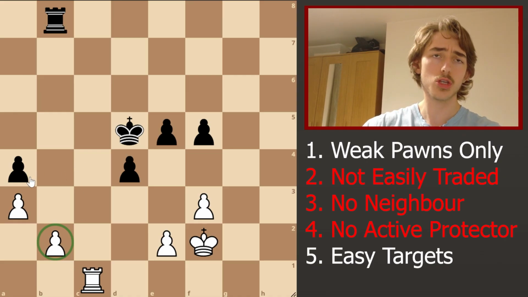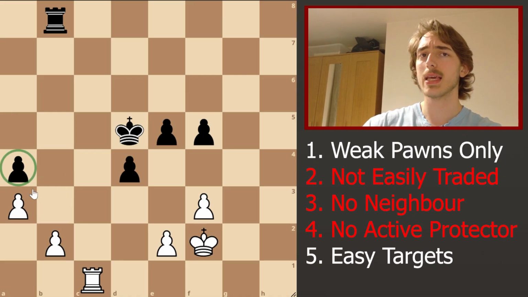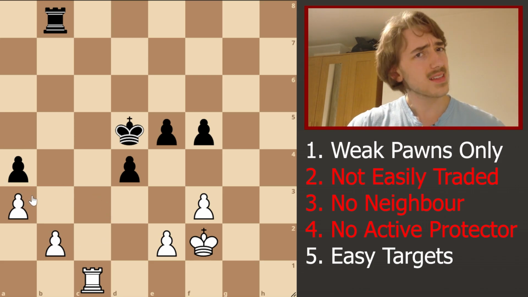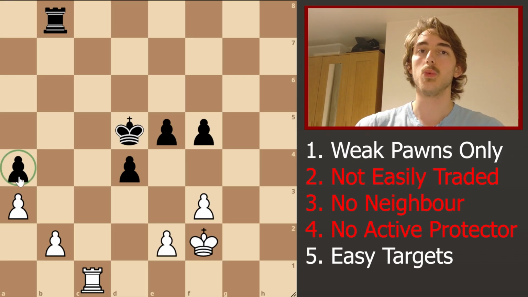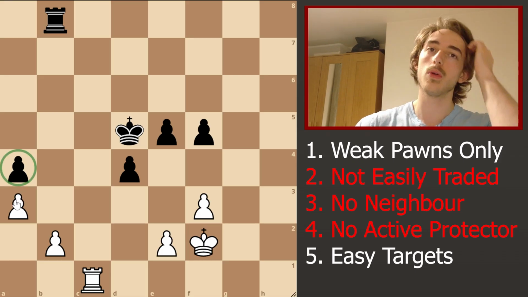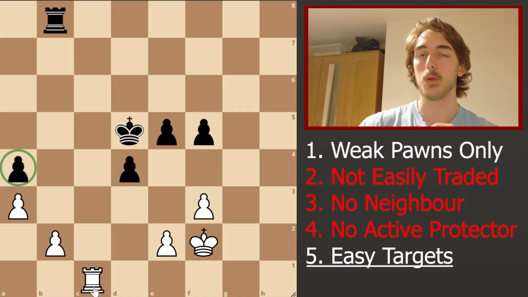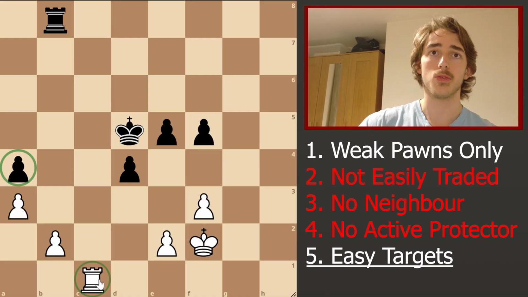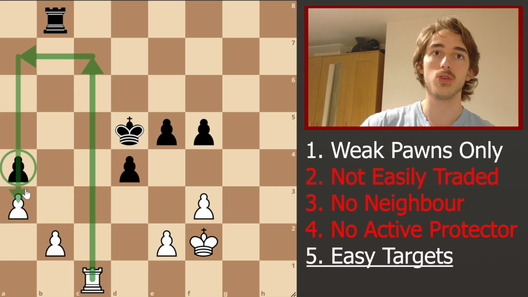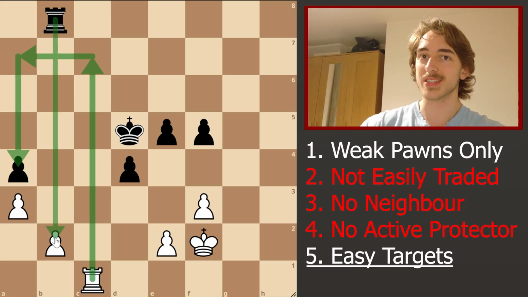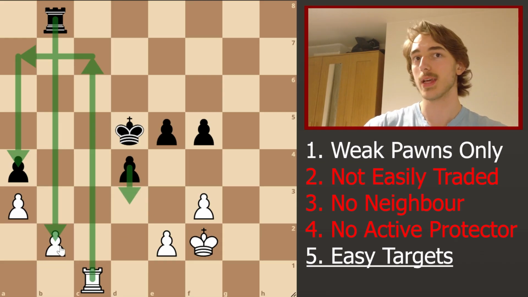Now, you may also think, okay, but black has a weak pawn on a4, right? Well, not quite, you're a bit mistaken there. And the reason is that yes, pretty much all of the aspects of the weakness are there for the a pawn, other than one, which is that it is not easily attackable by an enemy piece. This rook would have to move 1, 2, and 3 to take the pawn here. Meanwhile, our rook would just capture this guy in one move and already stir up counterplay with moves like d3